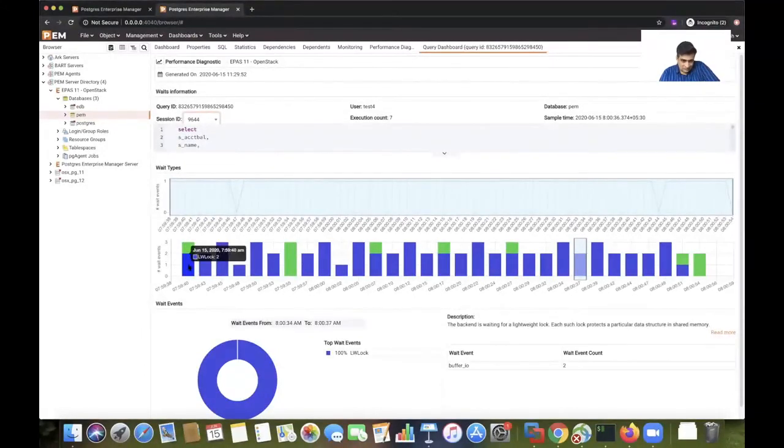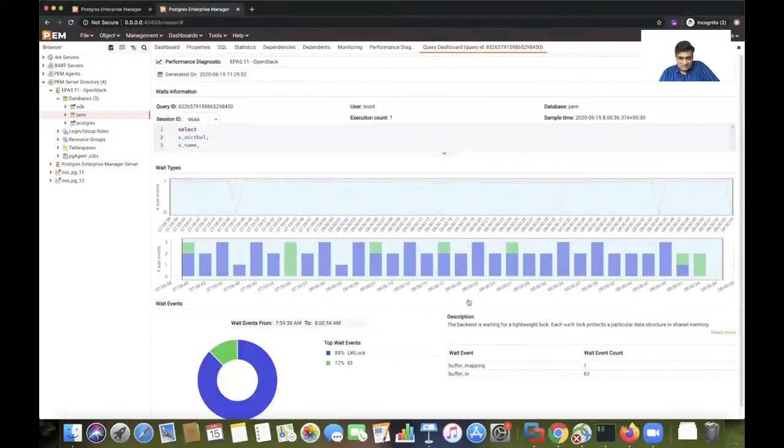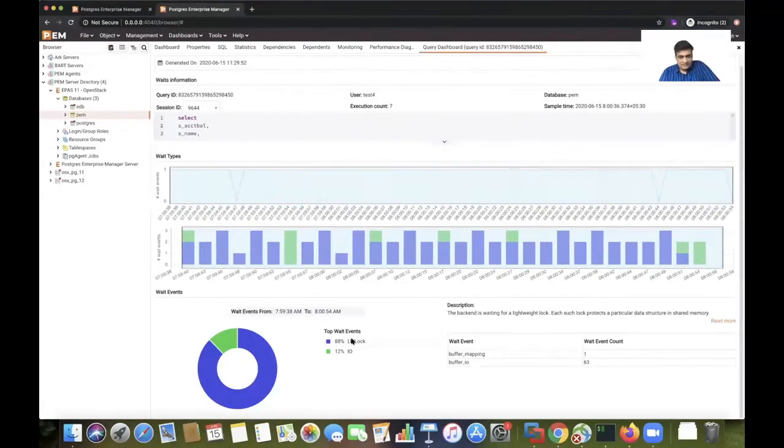Looking at this specific timeline, 88% of the time they spent on a lightweight lock, where buffer mapping and buffer IO were happening. That means a lot of shared memory was being used, so this is basically IO, and it spent a lot of time in lightweight locks.